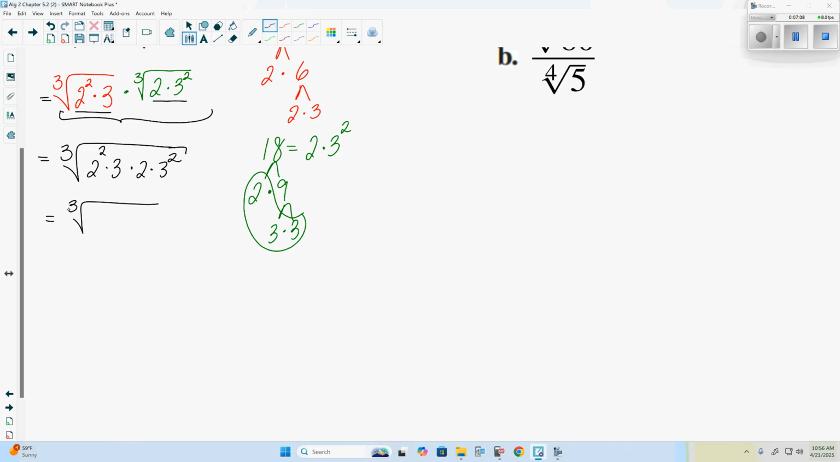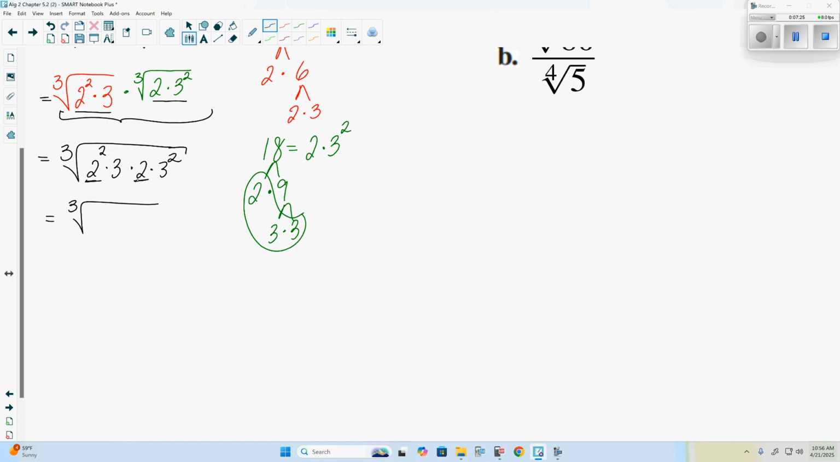So we can multiply what's inside. So we can multiply our first one, 2 squared times 3, by our 2 times 3 squared, giving us the cubed root of 2 squared times 3 times 2 times 3 squared. Well,